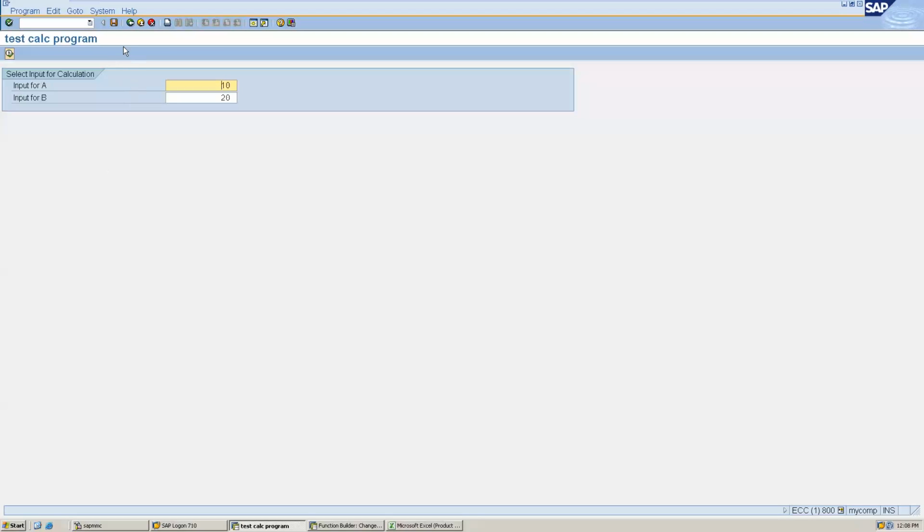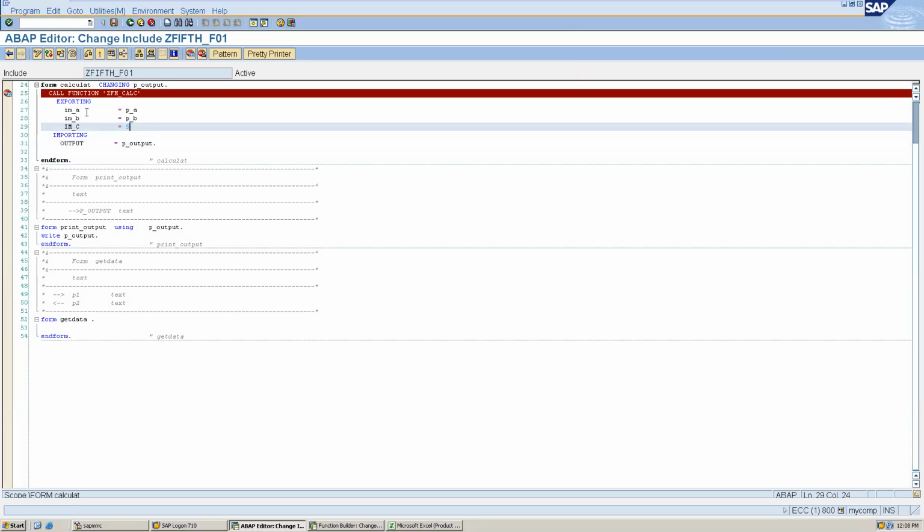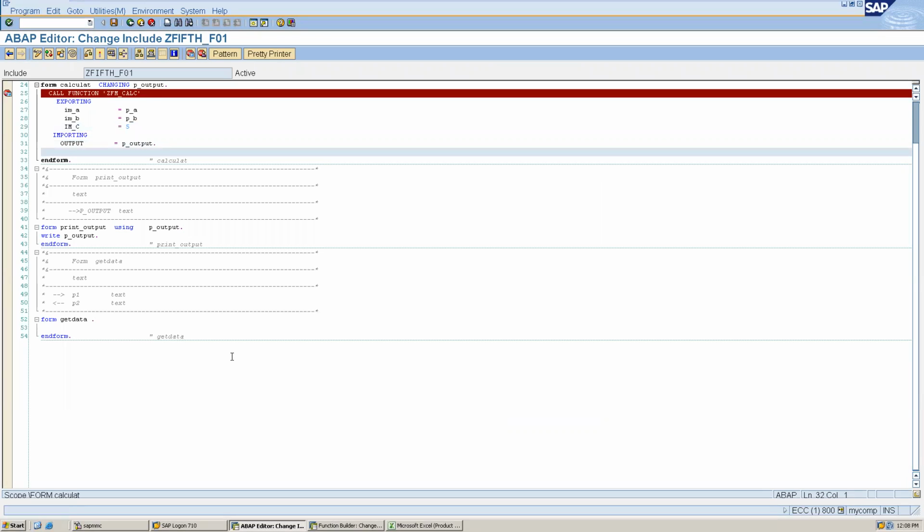So now this FM I can use in any program. I can call this FM in any program to calculate sum. So are you getting what is going on, guys? Yes, Abhishek. It is simple, right? I mean, we have just created one simple function module. And why have we created a simple function module? Because I want to use that function module in different programs. So I can write my logic in one place and I can reuse that logic.